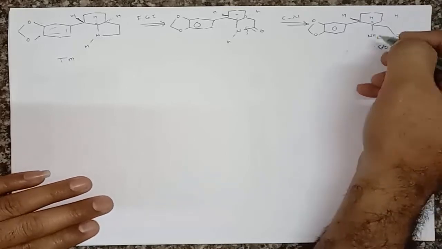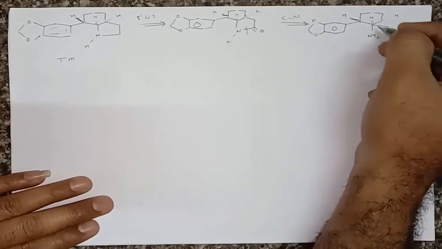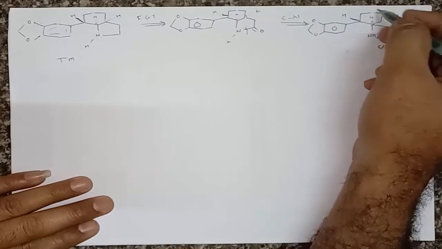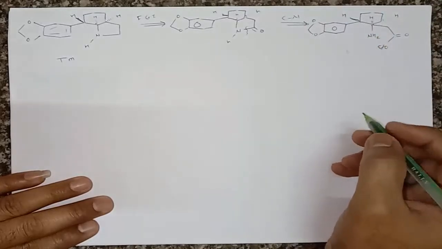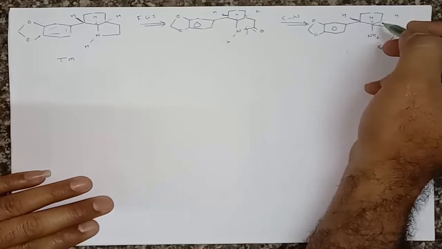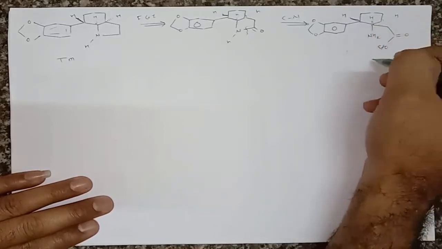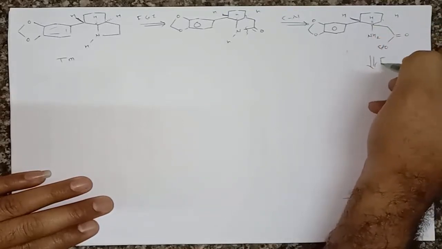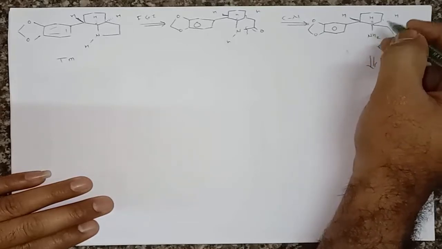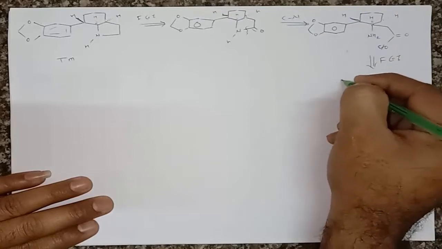Now if we convert this amine into an electron withdrawing group as well as introduce a double bond in the cyclic system, then we can go for the retro Diels-Alder, because we know that in the retro Diels-Alder reaction we want an electrophilic compound here, and therefore we can go for the functional group interconversion at the two position. Here is introduction of NO2 and introduction of a double bond.